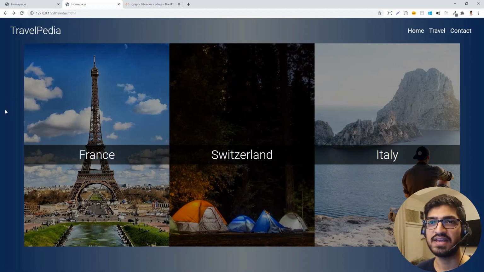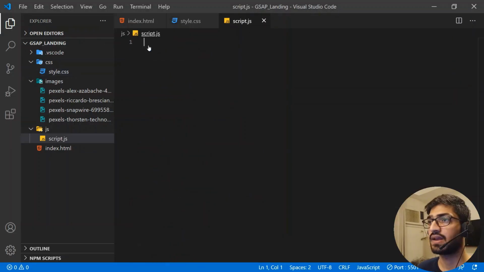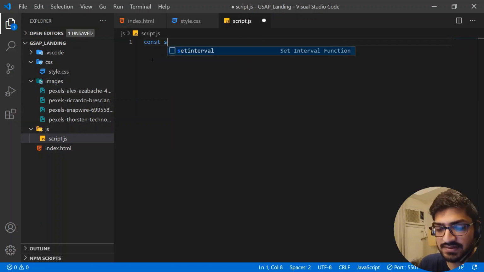There is no animation. And now that's where we are going to use the JavaScript GSAP library for the animation. So let's start with the images first. So let's go to the JavaScript. All right, and in the JavaScript first, we are going to take the reference of each of the elements that we want to animate. So I'm going to write first the slider